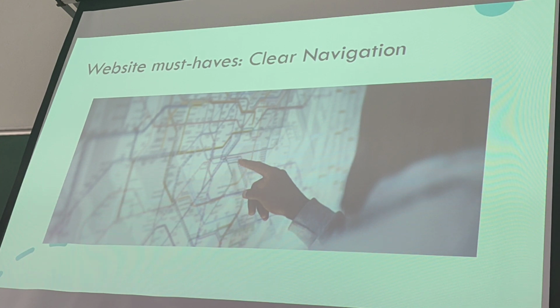And as we saw on the gov.uk website, it highlighted the popular pages. So once your website is established and you know what people are looking at, and